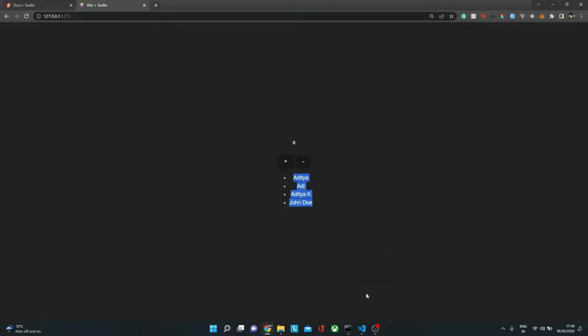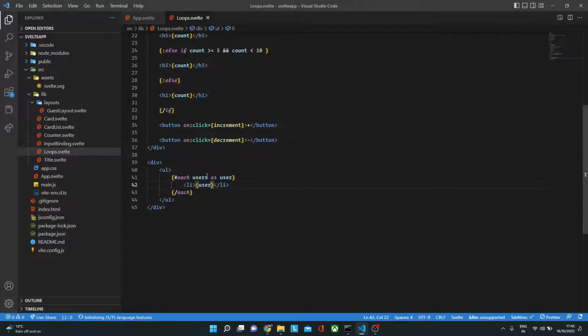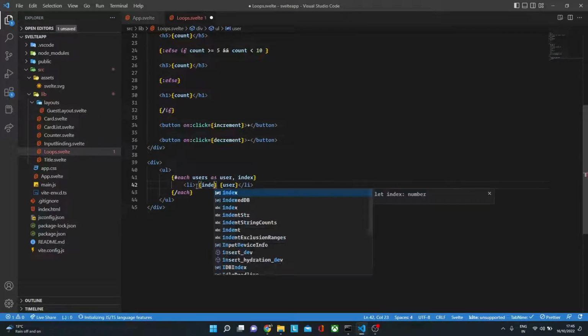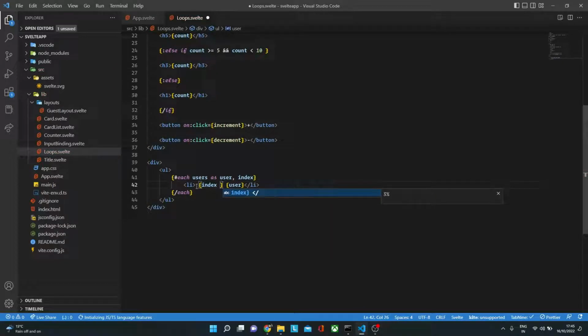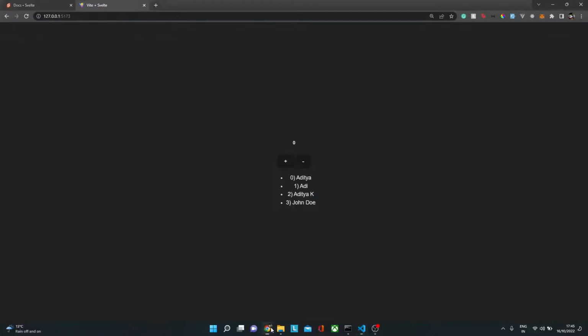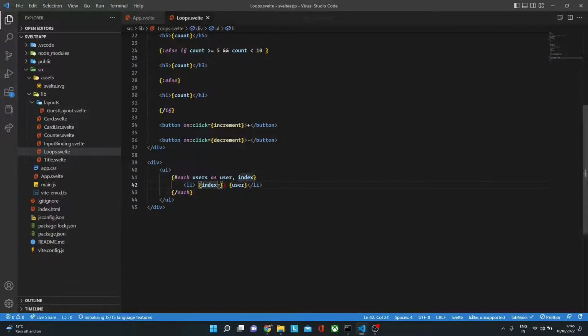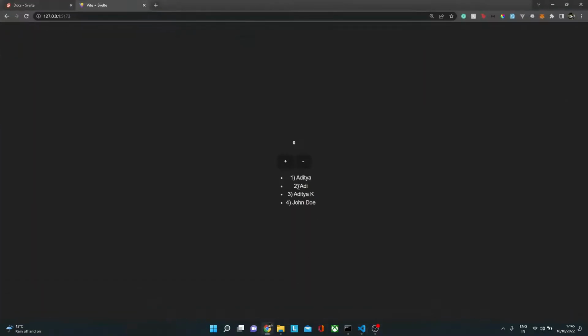So if we go back over here, you will see we are getting those users over here, one after the other. Now, if we want the index of that item or that element in that array, we could have something like this, user comma index, and then here we could print index like this. Now let's see where it starts from. So for now, we'll just put it like this. Now here you'll see it starts from 0. So if we want it from, let's say 1, we just add 1,